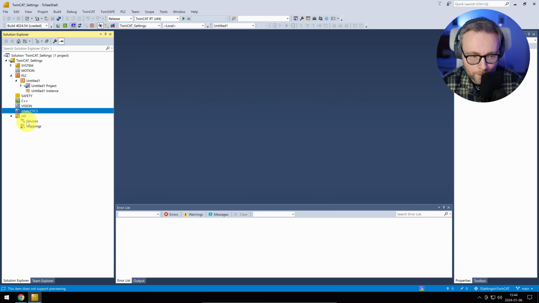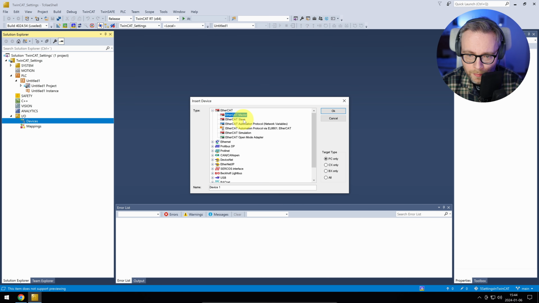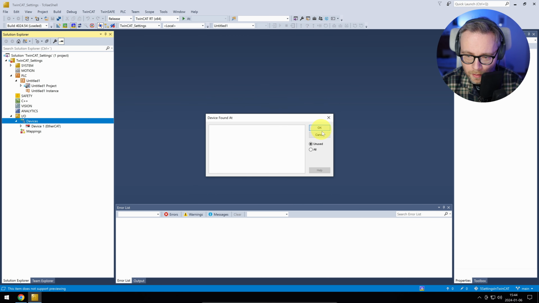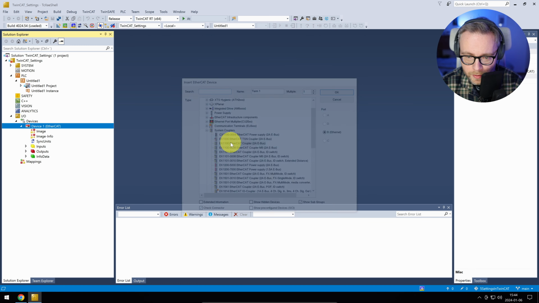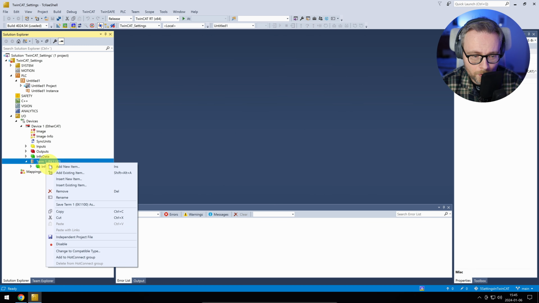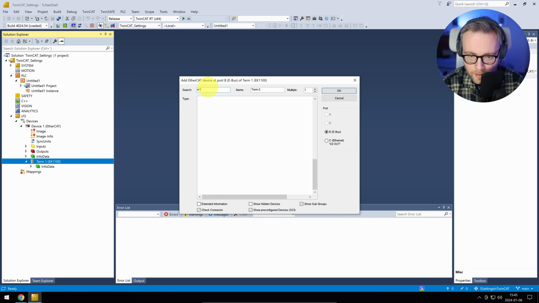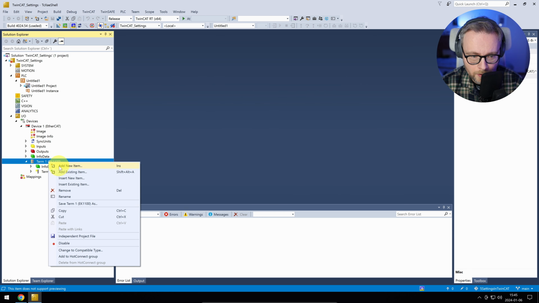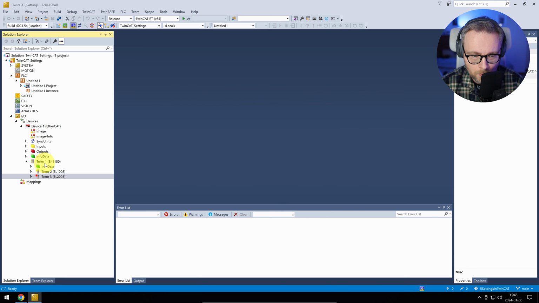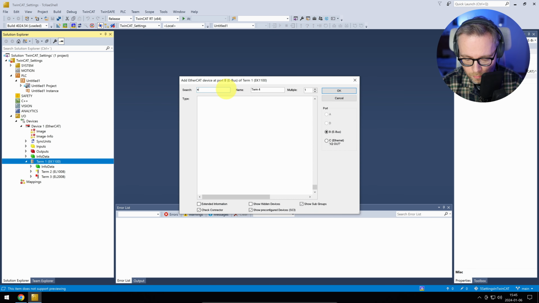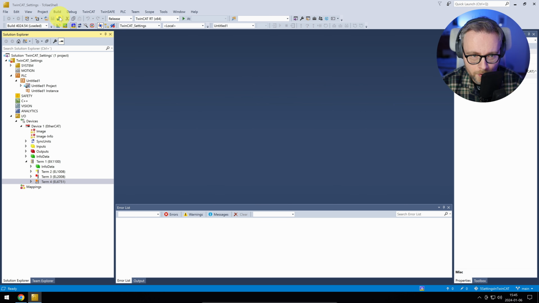If we add a couple of IOs, if I add an EtherCAT master here, and I add a couple of a bus coupler, for example, and a couple of slices to them, so an EL1008 or maybe EL2008, EL6751. That's a CANopen master. We have a couple of slices here. What TwinCAT does now by default is that it stores all of this information in a file, and we can see that